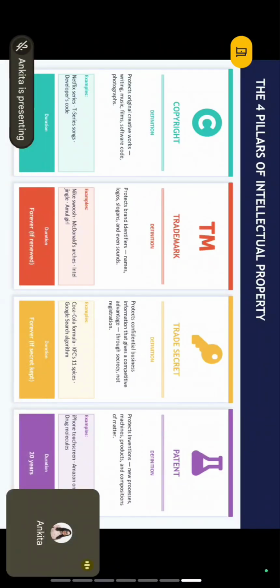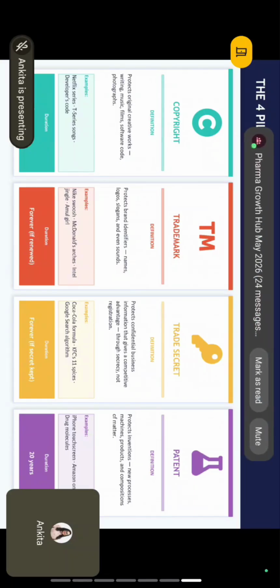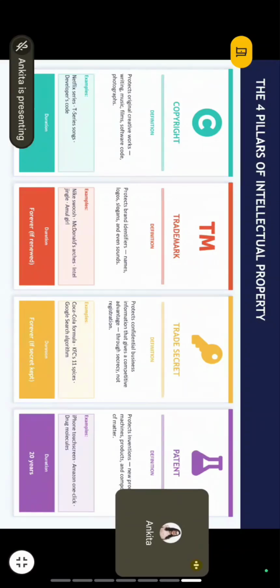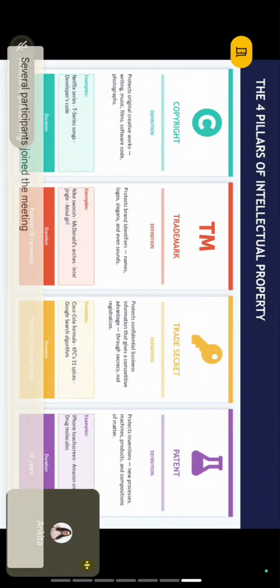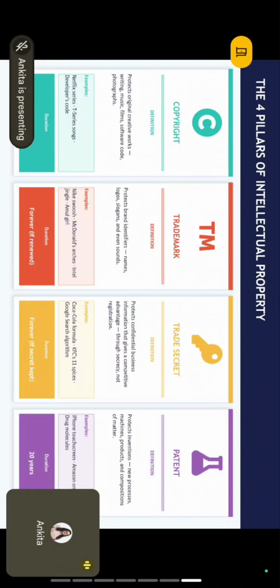And the fourth and most important pillar of intellectual property is the patent. So patents protect inventions: the new processes, the machines, the products, the composition of matter, everything. I can explain this with a very common example, Amazon one click. Amazon patented this feature, buy with one click. That idea that you could purchase something online with literally one click is a very simple idea. But Apple had to pay Amazon millions in licensing fees just to use it on iTunes.